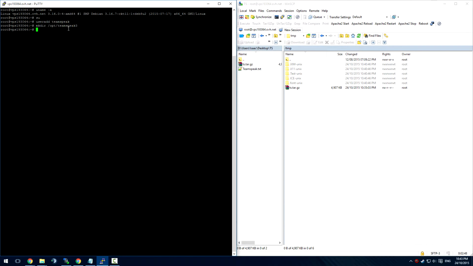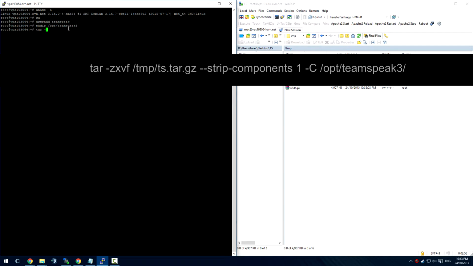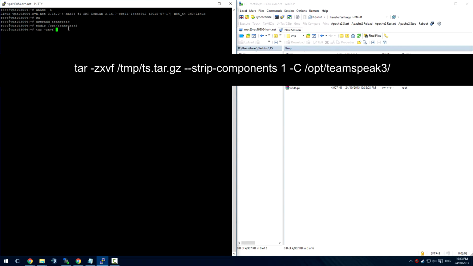Then you need to extract the file that the installation is in. So to do this, you do tar -zxvf and then where the file is located.